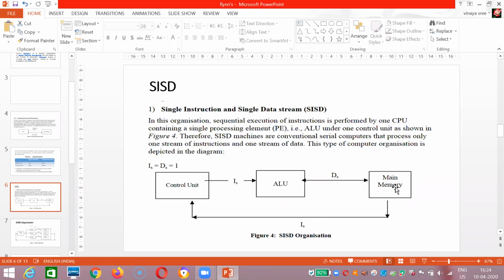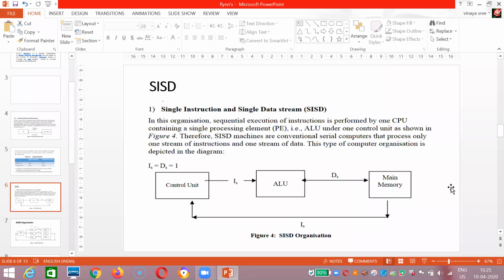Till now we discussed in the general fashion how instructions will be fetched, decoded, and executed. The same fashion. So this is the general one. Instructions will be stored here, one by one instruction will be fetched, and one instruction will be decoded. After decoding, that instruction will be given to the ALU for execution, and the data will be stored back inside the memory.